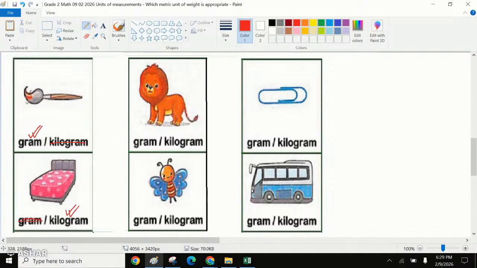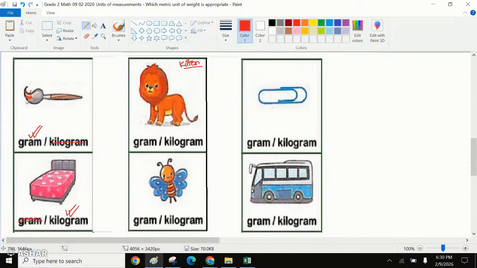What about this kitten? A kitten would be grams or kilograms. If this is a kitten, not a lion. We are considering this as a kitten, right? If you have a cat as a pet, if it weighs a lot of kilograms,